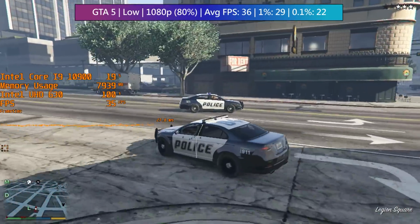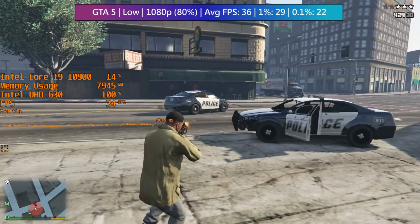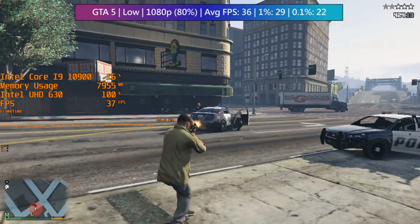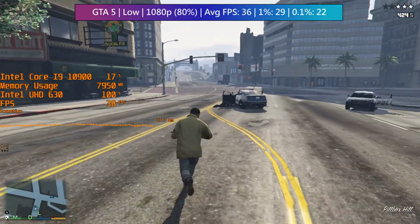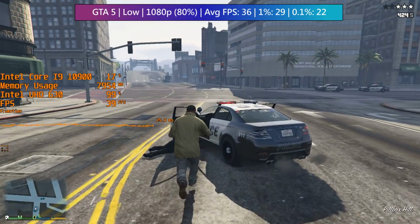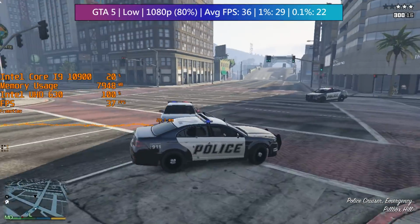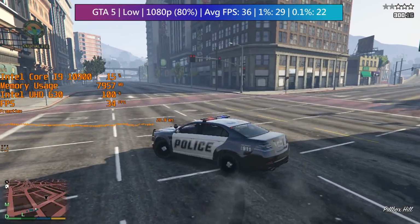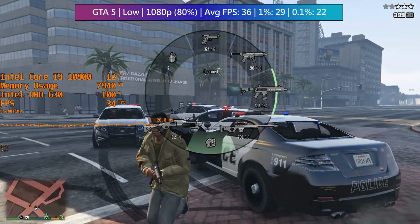And after we were done messing around with the scaling in a lot of games, we weren't far off 1280 by 720 anyway in some instances. Now the 1% lows here were very good too. GTA 5 is older than the other titles we've tested so far, and it's better suited to integrated graphics, but even so, despite its age, I think it still holds up okay visually, even with